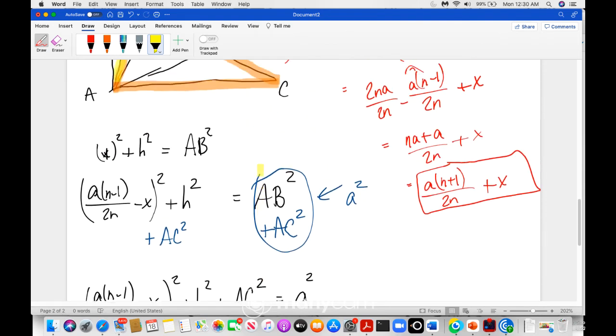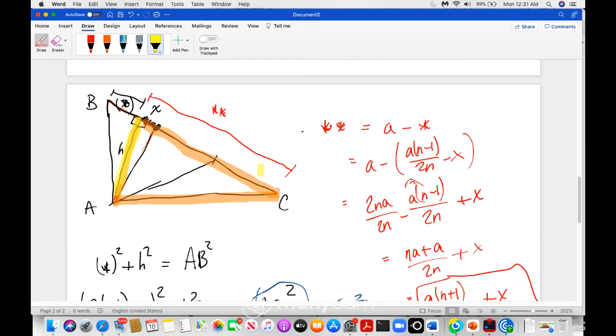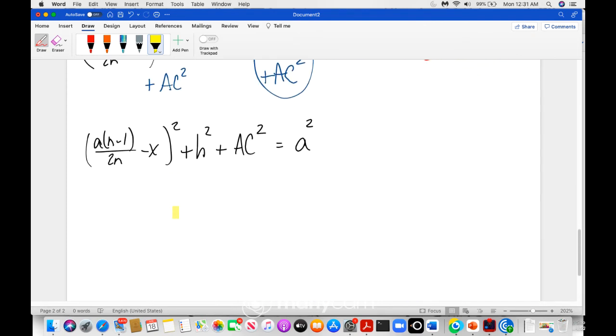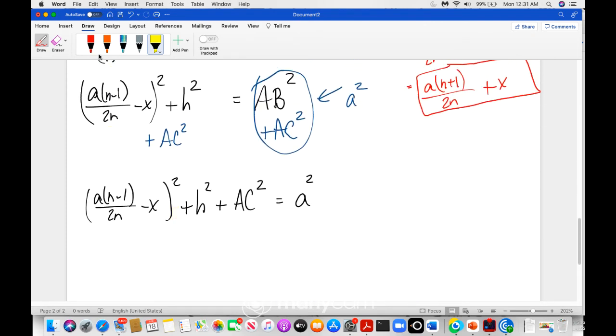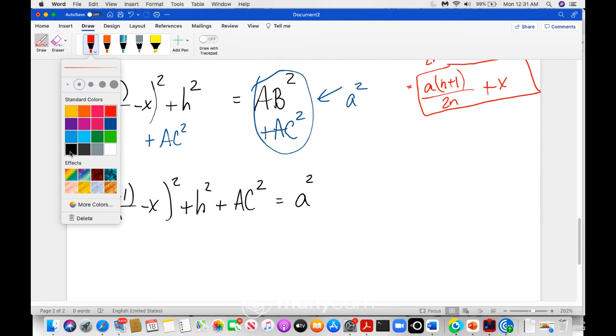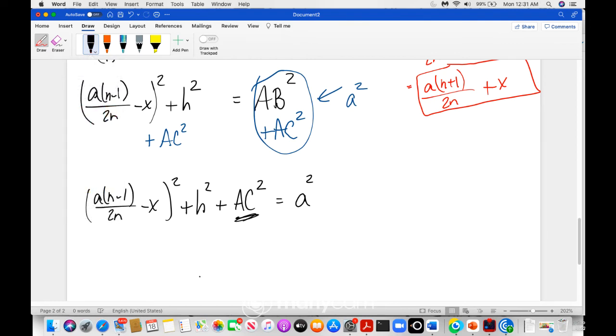So AC squared plus h squared equals, I'm sorry, no, I said that wrong. The hypotenuse is AC squared. So the hypotenuse, this hypotenuse right here, equals